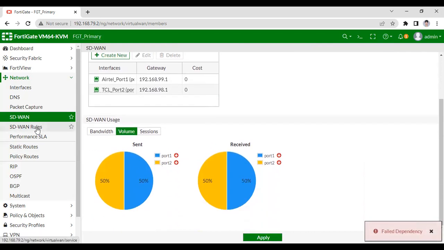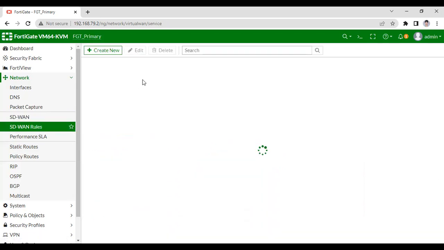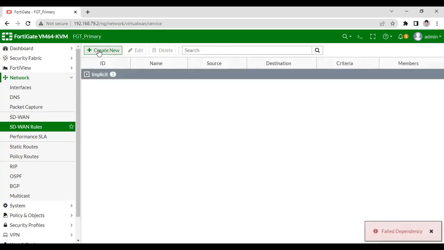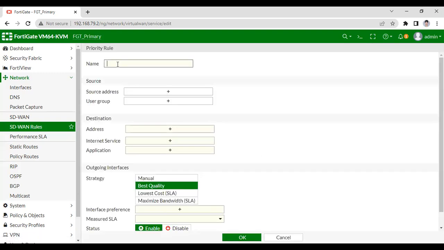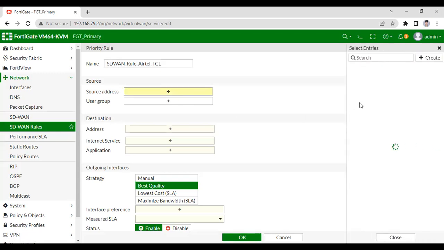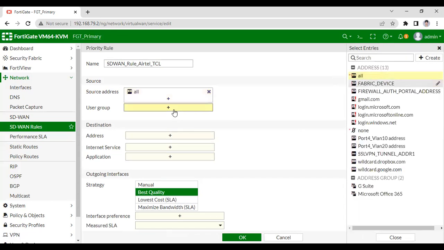So now I'm going to create an SD-WAN rule. Go to SD-WAN, SD-WAN rule, for Airtel and TCL. For source I'm going to have all, but you can choose your requirement.